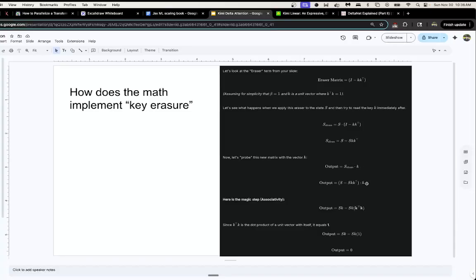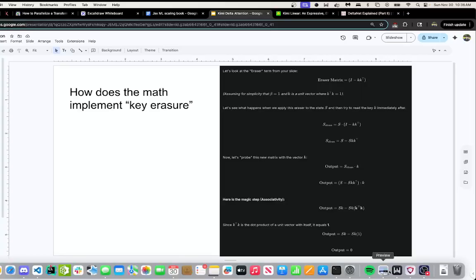Well, what happens? Let's substitute in our S clean, and when we use the associative property, because these are just linear operators, and do K transpose K, these are unit vectors, so that just equals 1, and lo and behold, S of K minus S of K is equal to 0. So we have, in effect, erased the prior mapping. Obviously this is a simplified case where beta is 1 and k is a unit vector, but you can see how the math is attempting to implement this. So yeah, going back